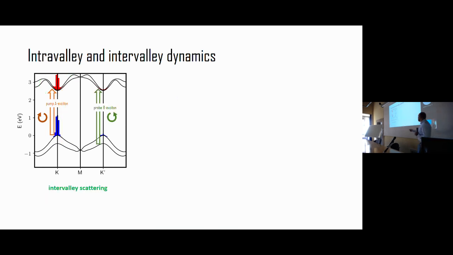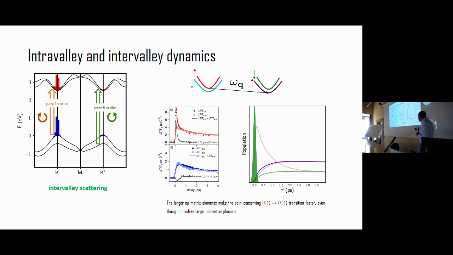And of course, because we have a general pulse in the equation, we can change the polarization to the inverse circular polarization, and then probing with A or B energy in the other valley, we will see this, the pink and the light blue dots. You will see the optical response on those valleys, and this we can also calculate. So this is an example of intra-valley and inter-valley dynamics that you can calculate so far, at the level where you are pumping the exciton, and then you are propagating with the electron-phonon